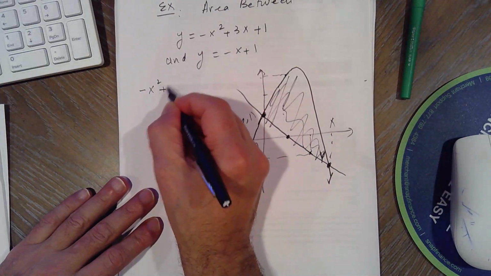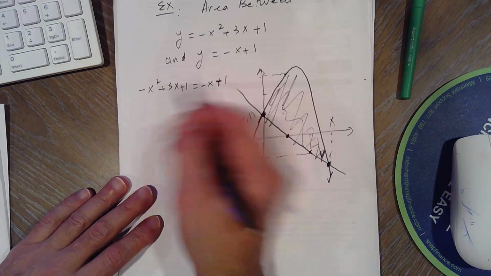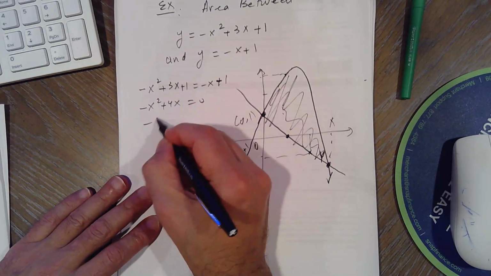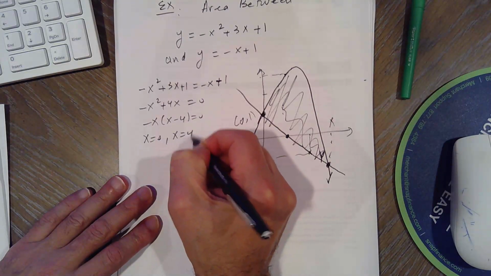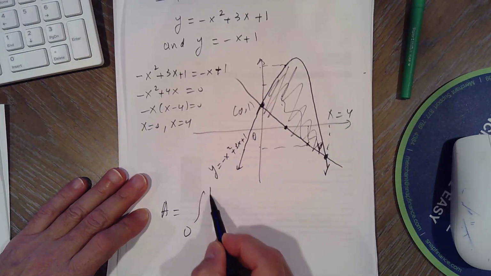Set them equal to each other: negative x squared plus 3x plus 1 equals negative x plus 1. Move everything over, so that's negative x squared plus 4x equals 0. We know it's going to cross at 0, we've already seen that, and they cross at x equals 4. The area is from 0 to 4 of above